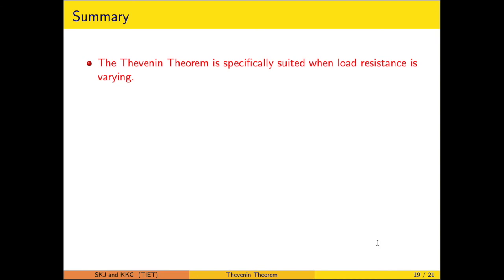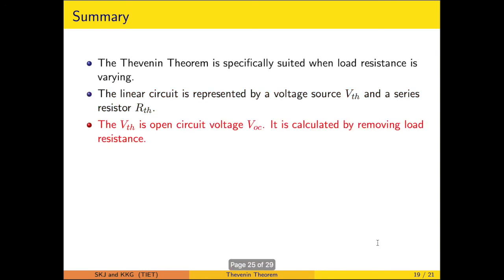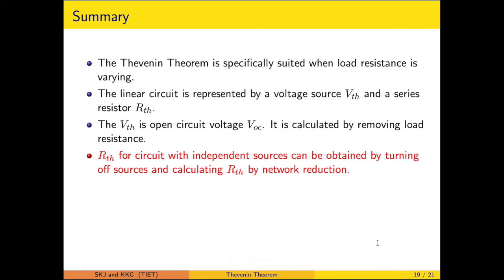Now the interesting summary of this discussion is that Thevenin's theorem is specifically suited when the load resistance is varying or changing. The rest of the linear circuit is represented by a voltage source VTH and a series resistance RTH. VTH is nothing but the open circuit voltage. It is calculated by removing the load resistance. RTH for the circuit with independent sources can be obtained by turning off independent sources and calculating RTH by series parallel